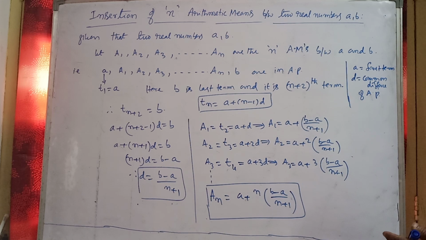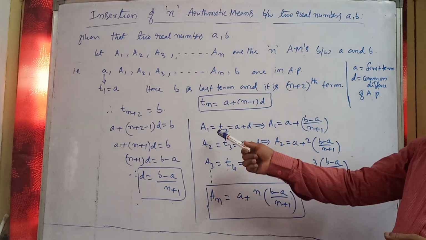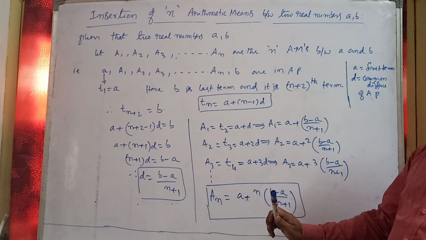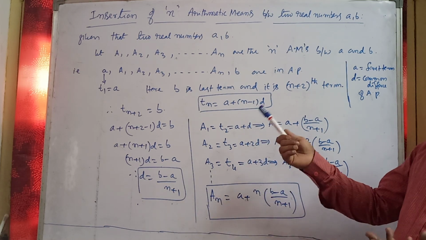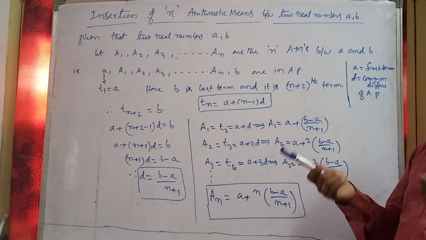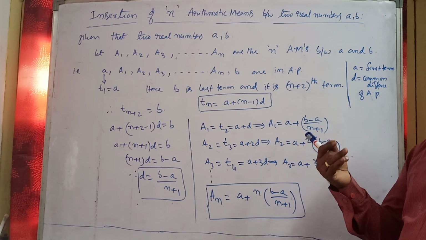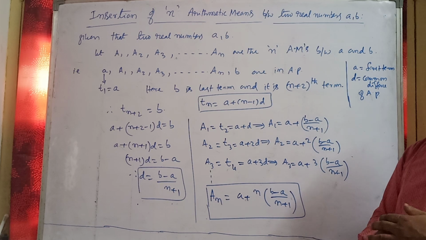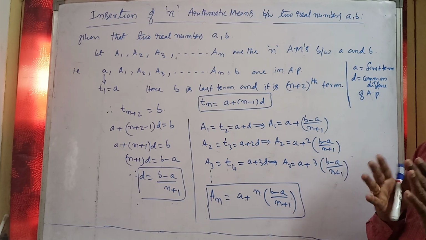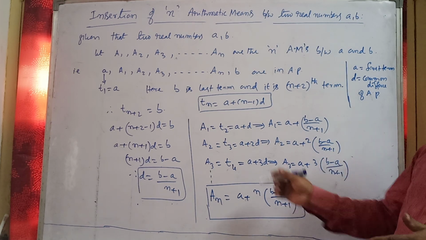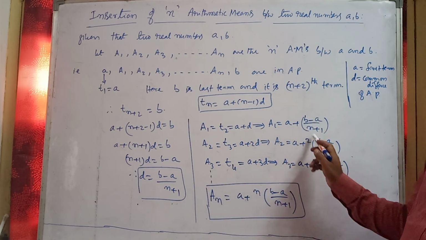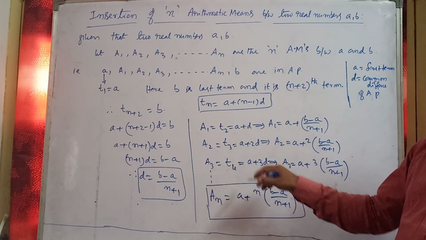Next I will explain how to find the sum of this. Here we found individually what a1, a2, a3, an are. Sometimes 5 arithmetic means we can insert: 7, 10, 11, 20. Any number of arithmetic means we can insert between two given numbers. Now we want to find this sum, a1 plus a2 plus a3 plus ... an, without calculating these terms individually.